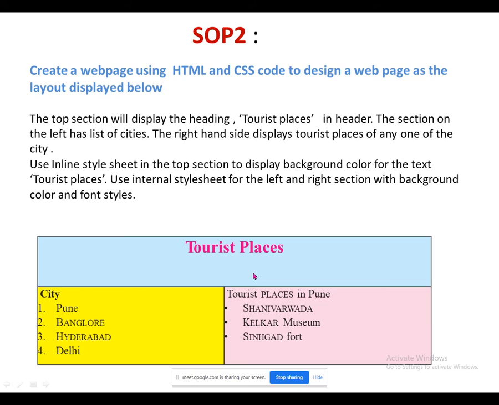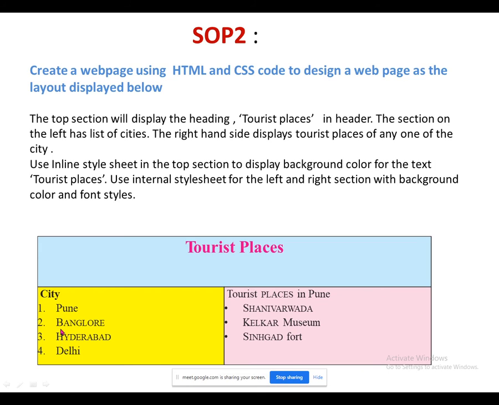Header section with some CSS properties. Which properties do I need here? To manage the background color, the font size, and the font color. Okay, so at least three properties I have to manage with the header part. Look at the height. If you want to increase the height, I have to manage the height of my header part. That particular property I also have to use under the header. Now see the left section and right section.